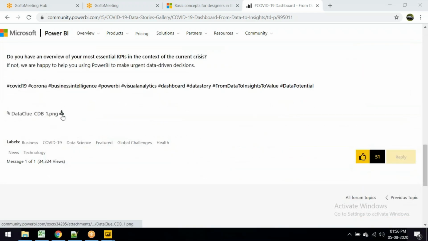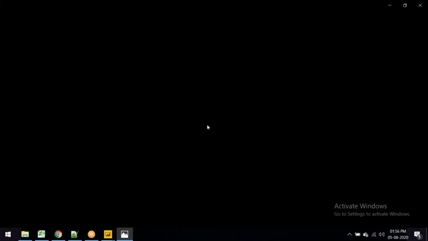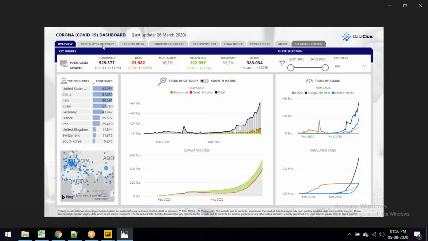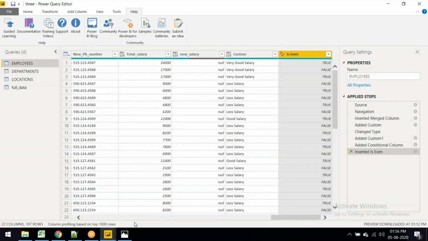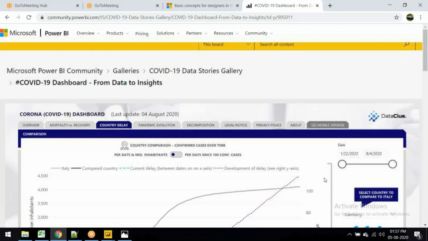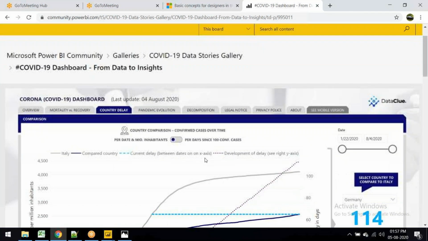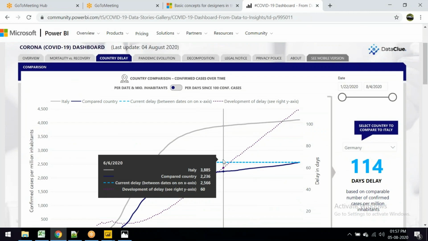See here, I can download only this image, a .png. So this image alone I can download. But if the user has given some other options, you can download more. Here you will see the option to download. Yes, you can download. It's the same as our Tableau Public view, where you can download it. The same way here also you can download it. But this is the view once you have uploaded it in the